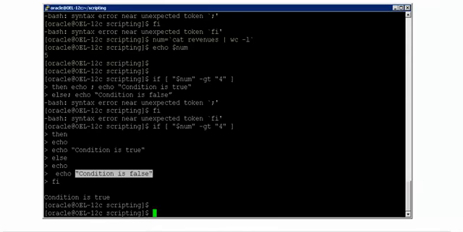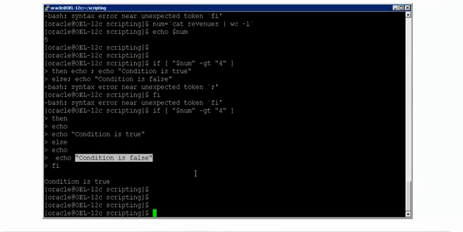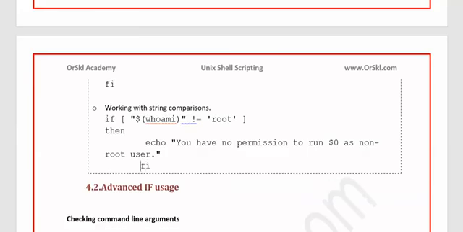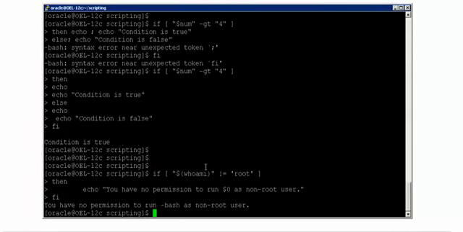Alright. If you wanted to use strings in the comparison, here you are comparing a numeric value, a variable, with another numeric value. In case you want to compare with a string, this is what you can use. And instead of this, I would say, because exit will basically kick you off from the putty session, that's the reason I'm not using it. I'm just running this directly to show you.